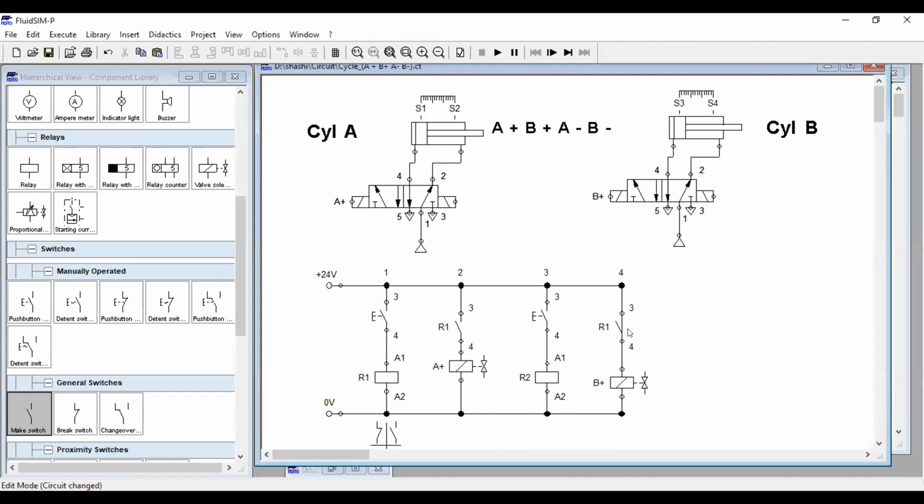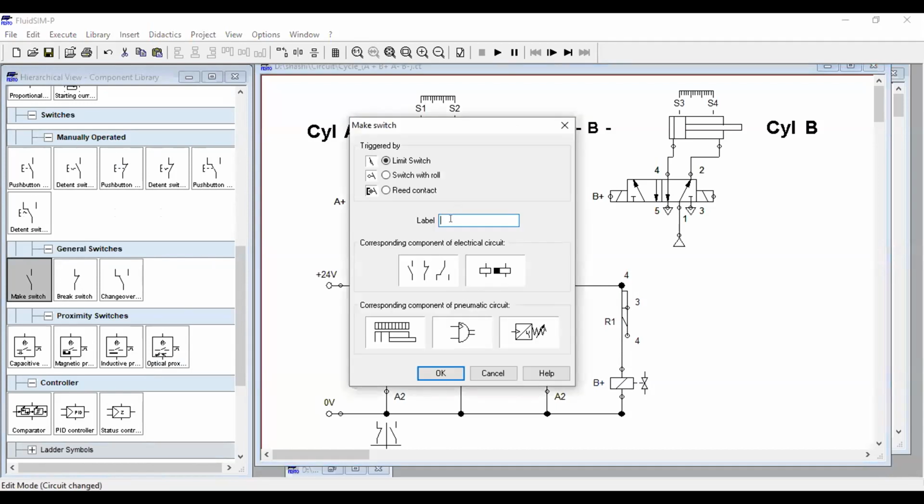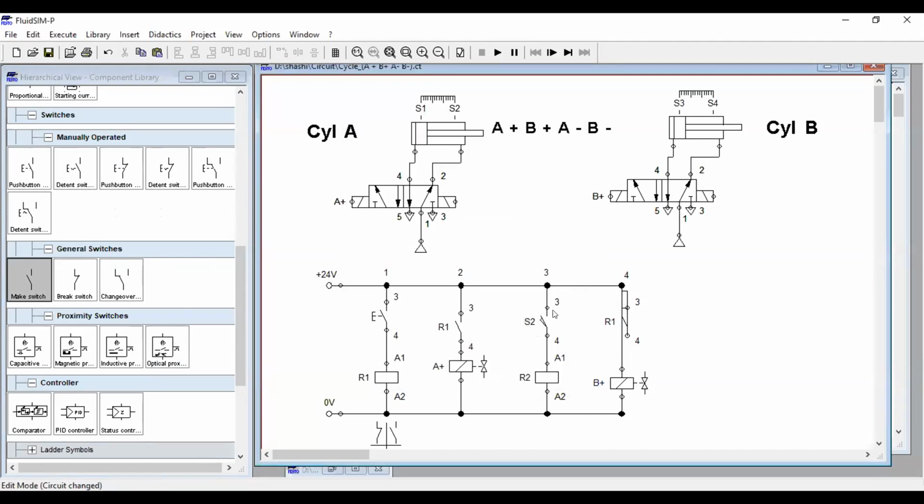Okay. So this is your R1. Instead of R1 now, this gate is actuated when we have the relay on. And this is a switch. I want to delete this one because I am pushing it for only one time. So I will use here a make switch. Connect this make switch to this thing, this to this end. I hope it's clear. And now here I will name it as S2. Label it S2. So when S2 is on, this will be in a closed position. When S2 is not on, when the piston is not at the S2 position, then this will be in an open position.